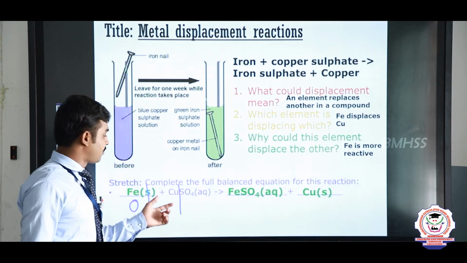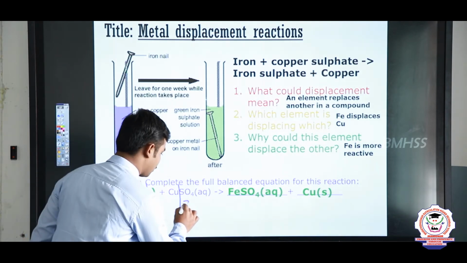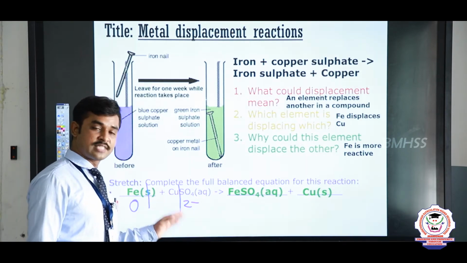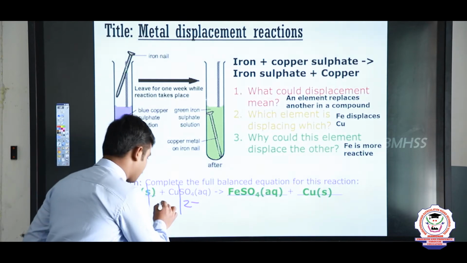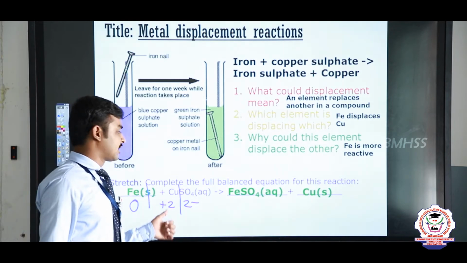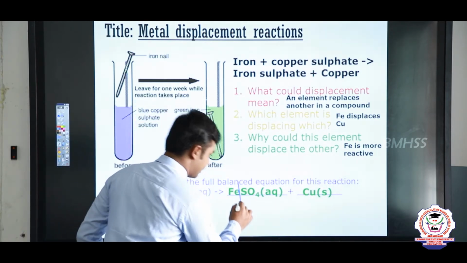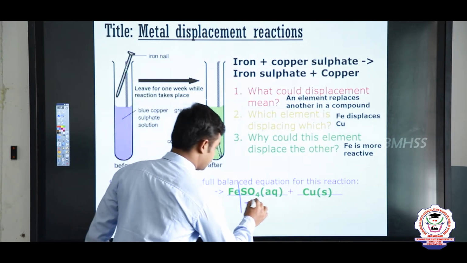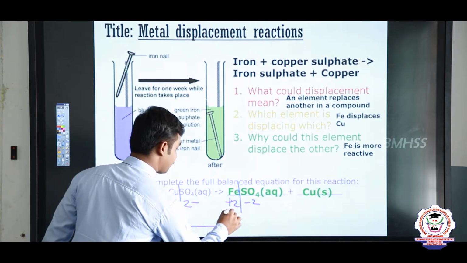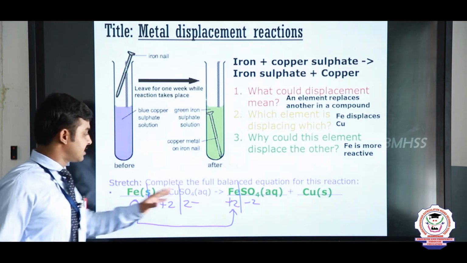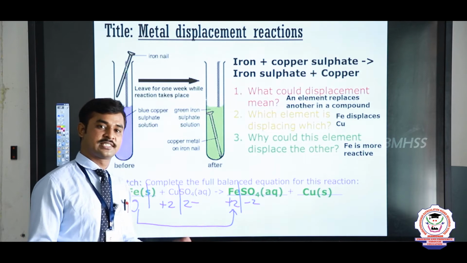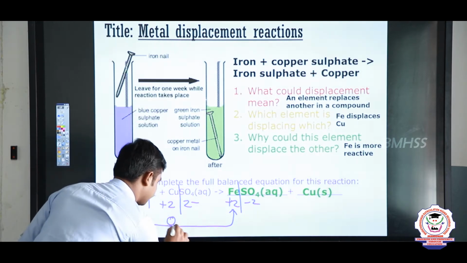Copper sulphate contains copper and sulphate ions. You know sulphate has 2 minus. So, copper has the oxidation state with the opposite sign and equal number, plus 2. So, the oxidation state of copper is plus 2. And let us see the product. The sulphate has minus 2, the iron has plus 2. So, the oxidation state of iron is increased from 0 to plus 2. When the oxidation number increases, it loses electrons. So, losing of electrons causes the oxidation reaction. So, this is oxidation.